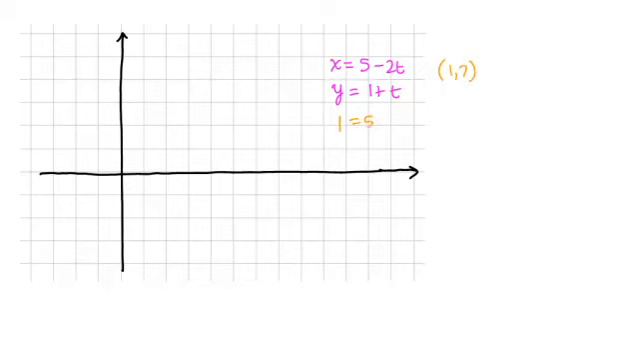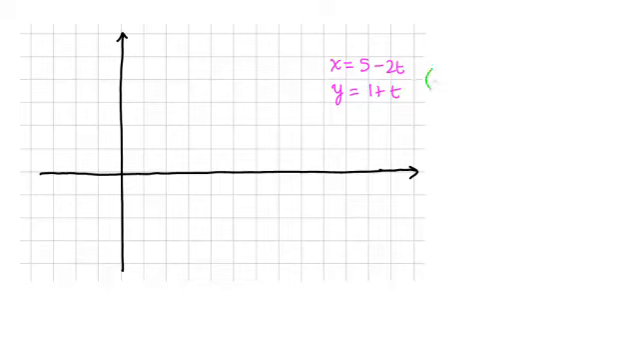1 equals 5 minus 2t, 7 equals 1 plus t, and I would check what values were needed to make each one of these things happy. For example, the top equation needs t to be 2, the bottom equation needs t to be 6. And since the same value of t doesn't work for both, this point's not on the line. On the other hand,